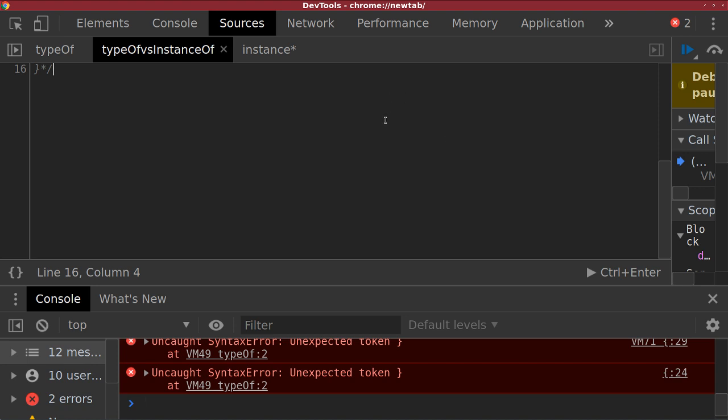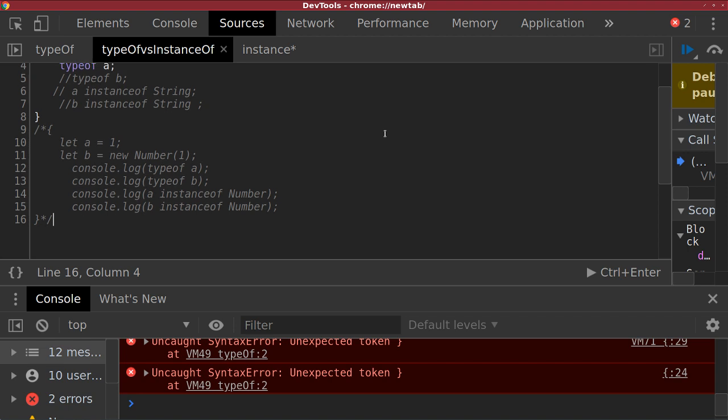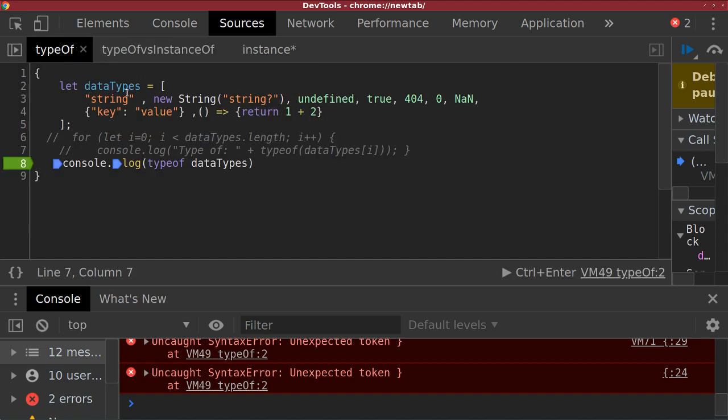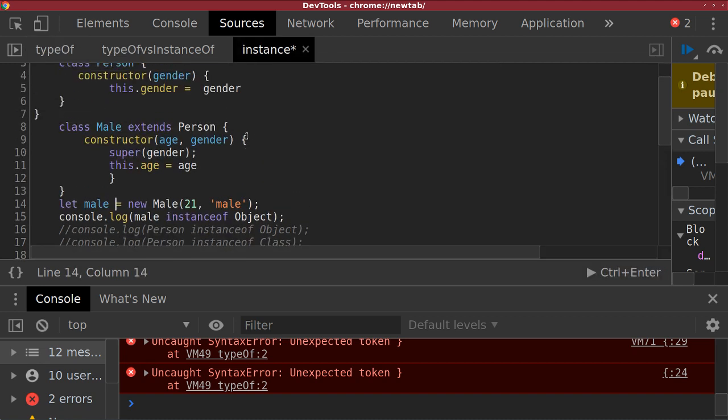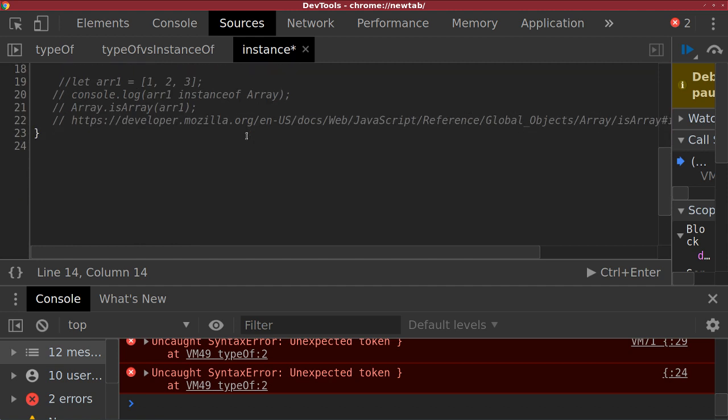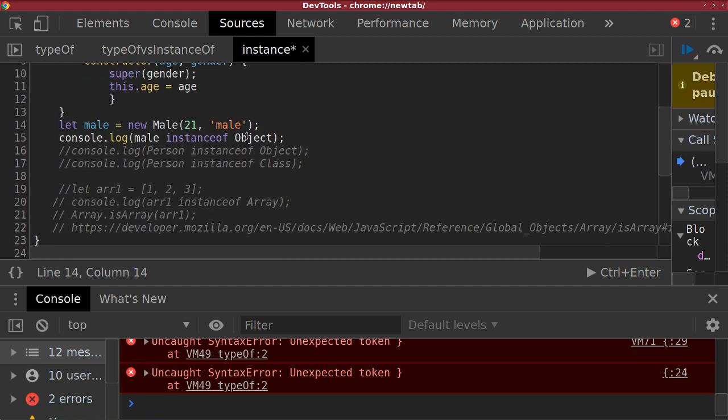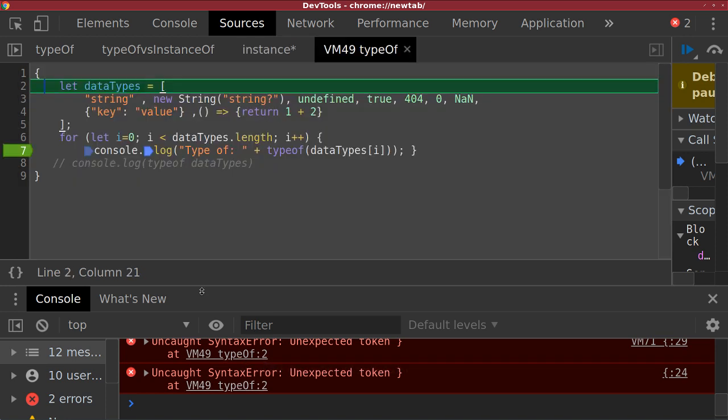Yeah, like in VM49 type of line 2. If you try to click on VM49. I'm only seeing type of. It's on the previous file. It's on that one. No, maybe it's this one. You can click on the white link, you might open the file and you can edit it. Yeah, control. You can close that one. Or delete it or just close it. Yeah, if you finish with your previous snippet,